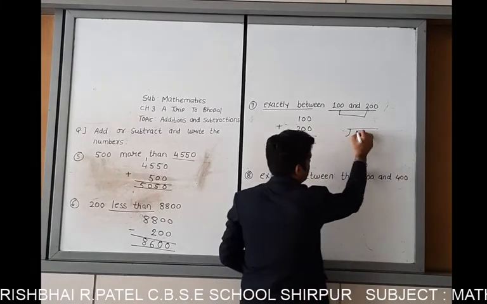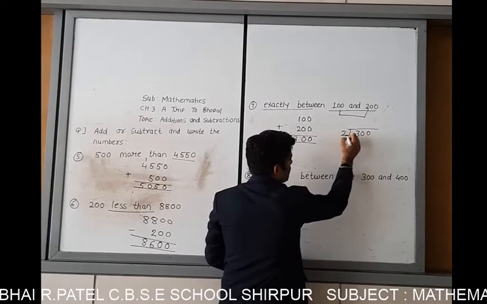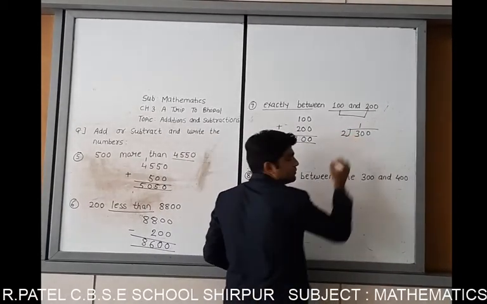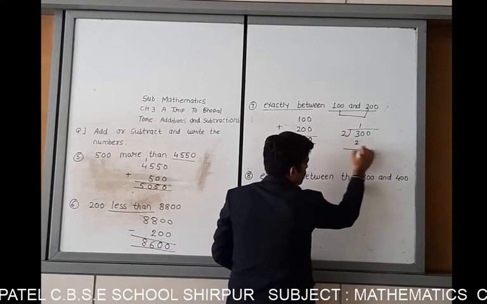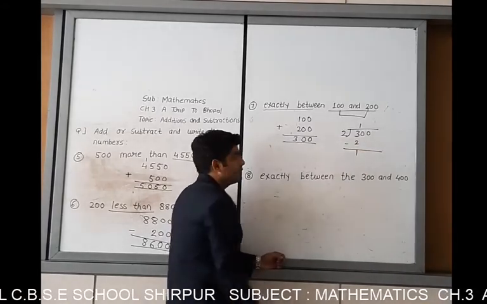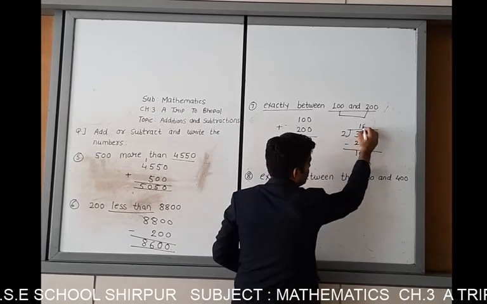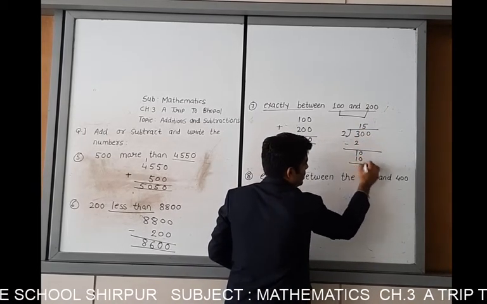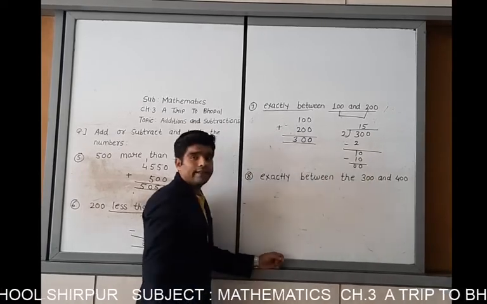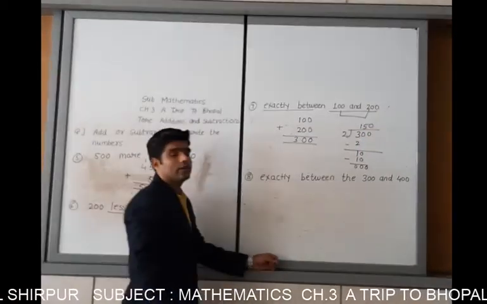Okay. This is our what? 300 divided by what? 2. Okay. Divided by it. 2 1s are 2. This is our what? 2. 3 minus 2 is our 1. Okay. Here 0 will come here. 2 5s are 10. Okay. 0 minus 0, 0 minus 0. Okay. This is also subtraction. And next, 0 will come here. This is also 0. So your answer is what?